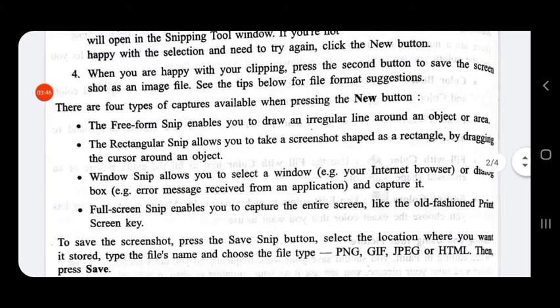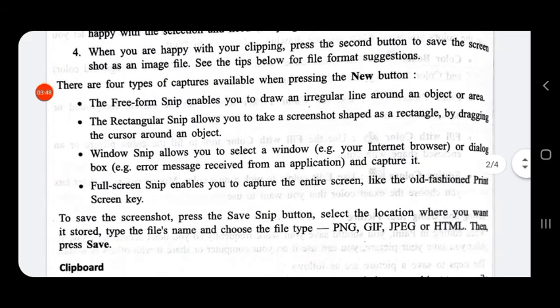There are 4 types of captures available when pressing the new button. When we click on the new button, we can have 4 types of captures. First is the freeform snip, which enables you to draw an irregular line around an object or area.